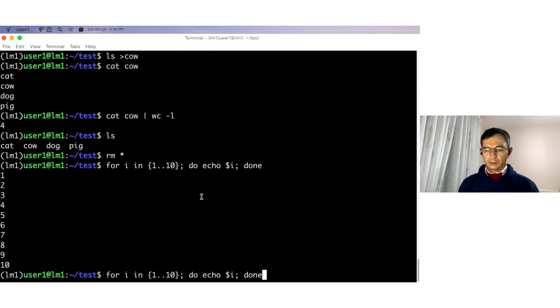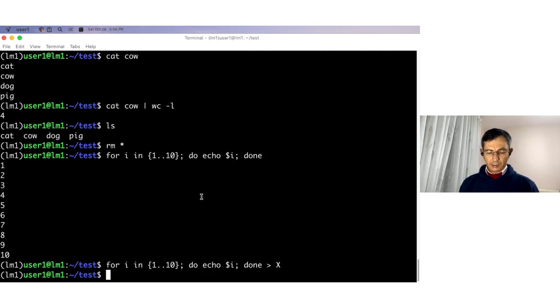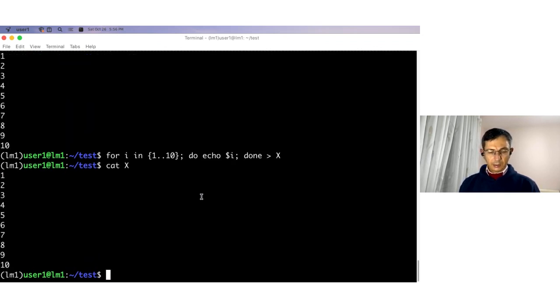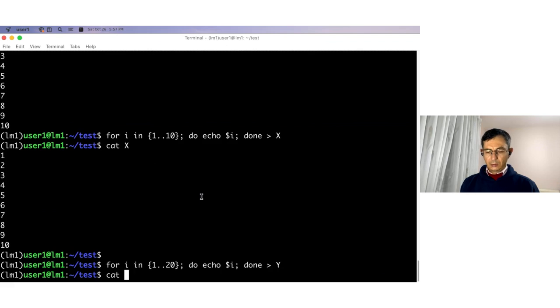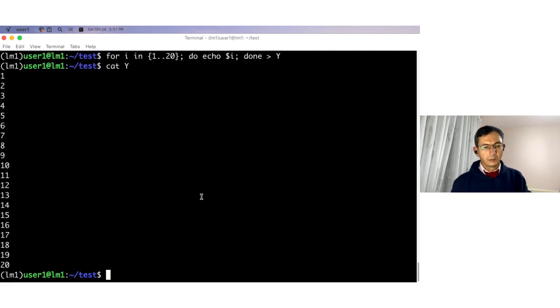So I'm generating 10 lines and saving them to the file X. So X has 10 lines. Now let's generate 20 lines and store them to the file Y. So Y has 20 lines. Now the commands were